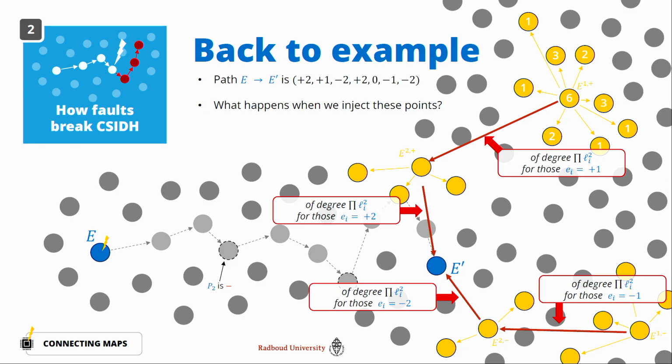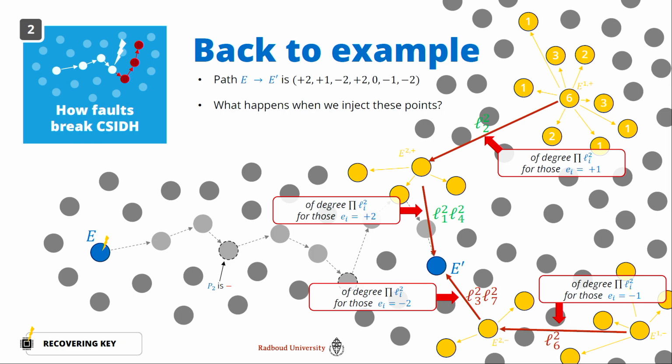So to recover the secret key, all that we need to do is to recover the path from E1+ to E2+. From E2+ to E prime will give us all of the coefficients that are equal to 2. From E prime to E2- will give us the coefficients that are equal to -2. And from E2- to E1- will give us those coefficients with -1. And that's all that we actually really need to do here.